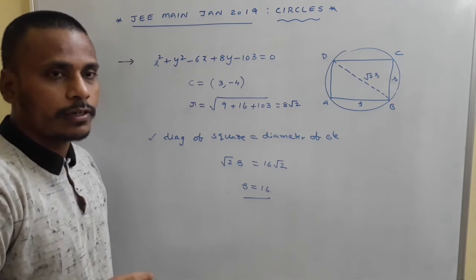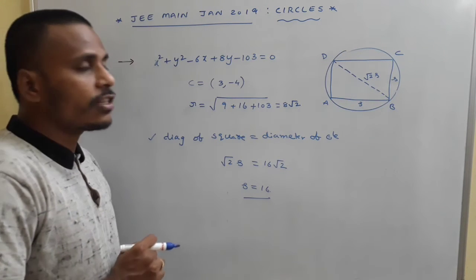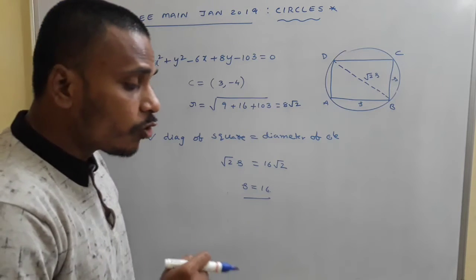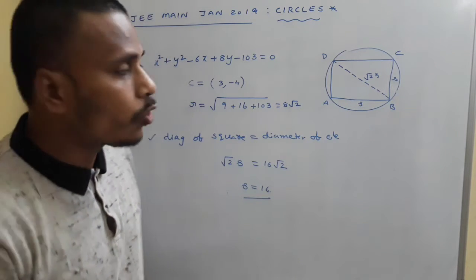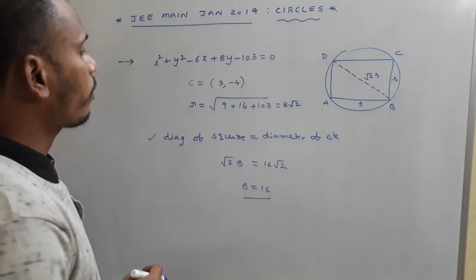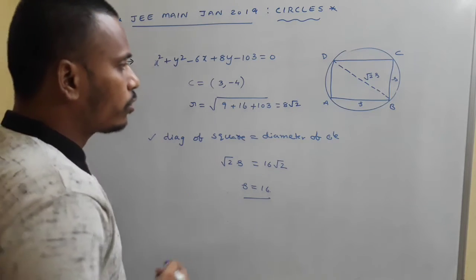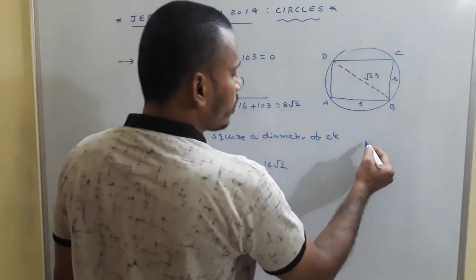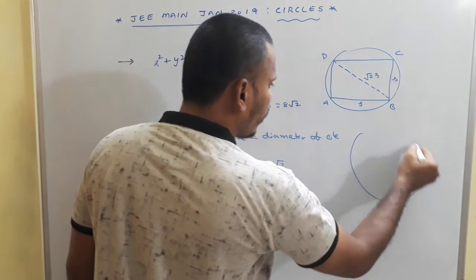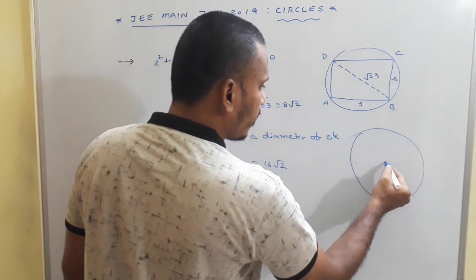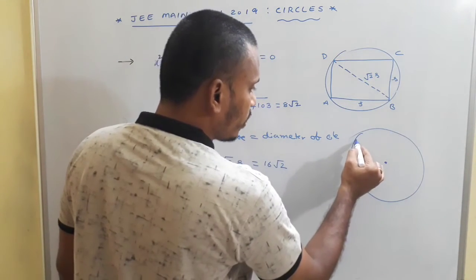That's one part. And the next thing is, as mentioned in the problem, the sides of the square are parallel to the coordinate axis. Right. Now you just think about, I am going to give you another diagram. Now everything is just observation through the diagram. I have a square like this.